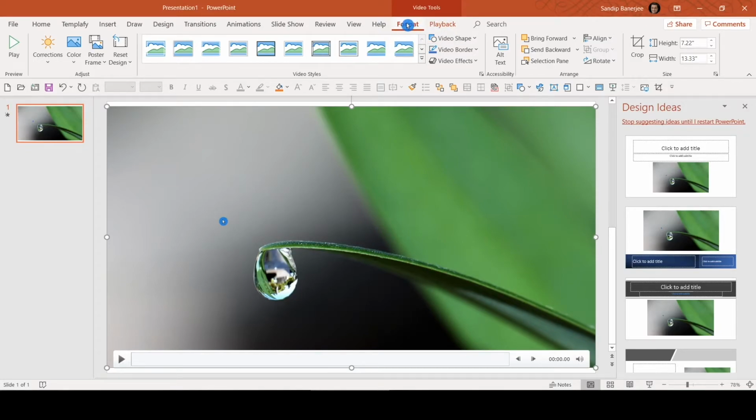So let me talk briefly about the Format tab. You may already know the different settings and options available in this particular ribbon. However, let me cover it very quickly so that you can refresh your knowledge also. Here, if I click on Play, this video will start playing. That's a very normal thing. So let me click on that. Now, whatever is happening inside the screen, you can see that this is the same recording, it has started.